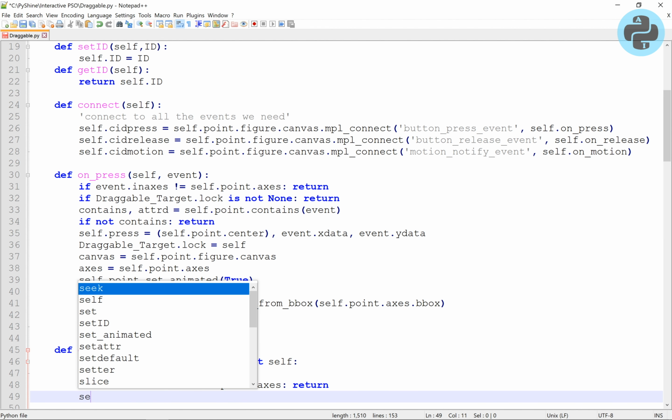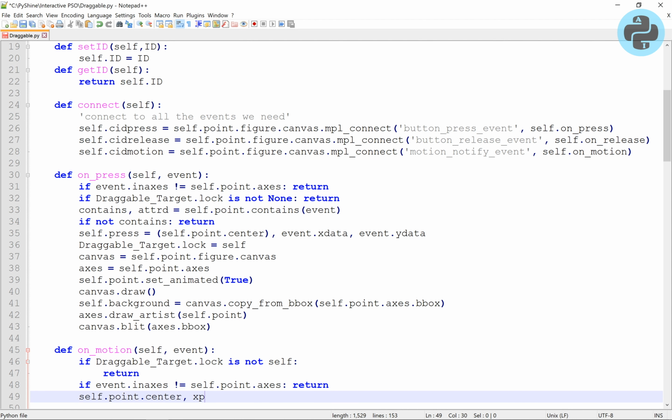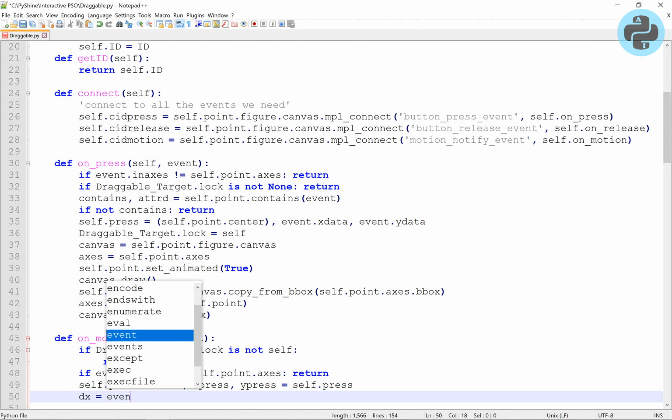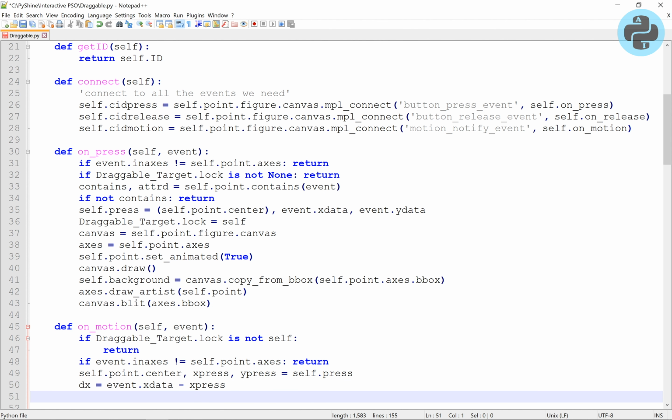Since we have the X and Y axis position of the target from the press event, here, we will use the difference between the new axis value and the pressed value to update the target position on the canvas.